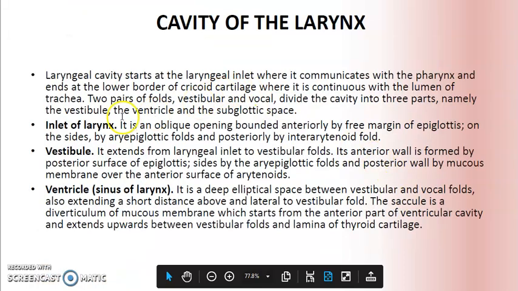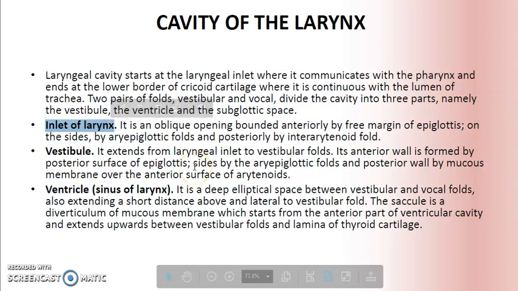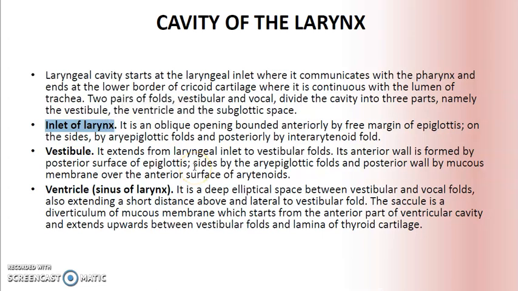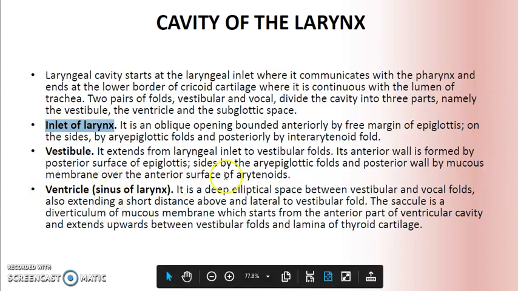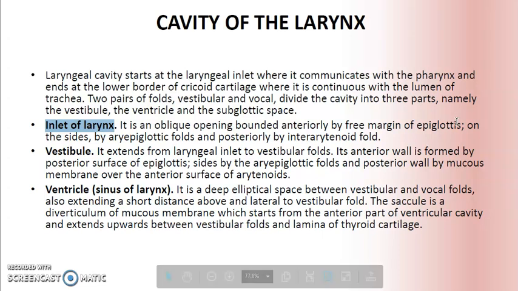So the cavity of the larynx, mainly the inlet of the larynx, which I already told you, it's bounded in front by the epiglottis, behind by the arytenoid cartilages, on either side by aryepiglottic fold. Vestibule, the entry point where the vestibular fold is there, is called the vestibule. The junction between the vestibular fold and the vocal folds, there is a gap, and that gap is called the ventricle or the sinus of the larynx. This sinus of the larynx has got rich amount of mucus gland, that is to lubricate the vocal cord, to prevent the dryness of the vocal cord. Okay.